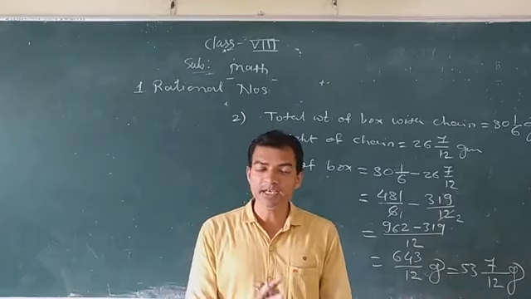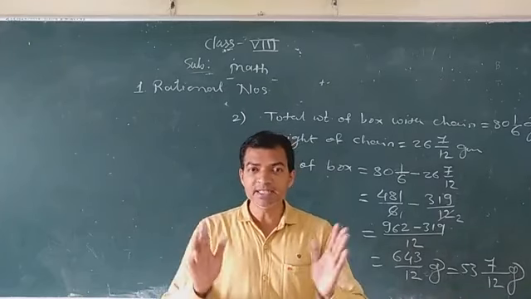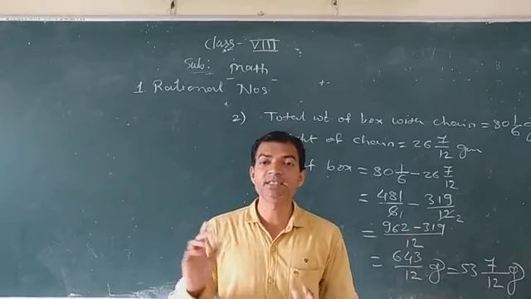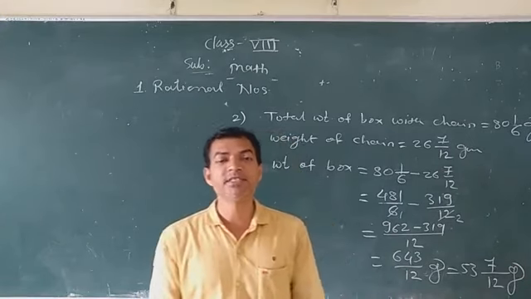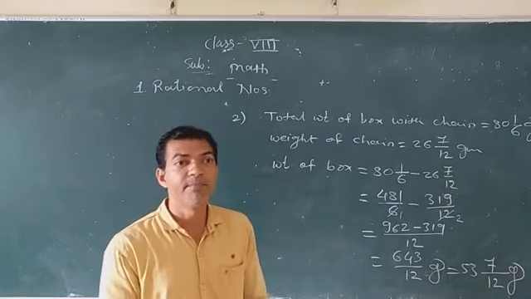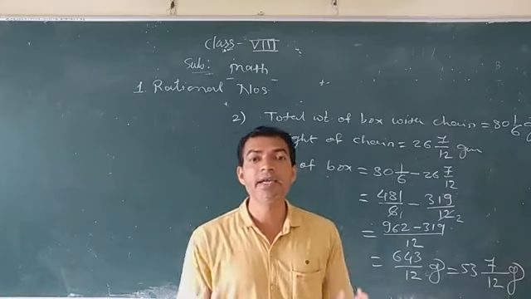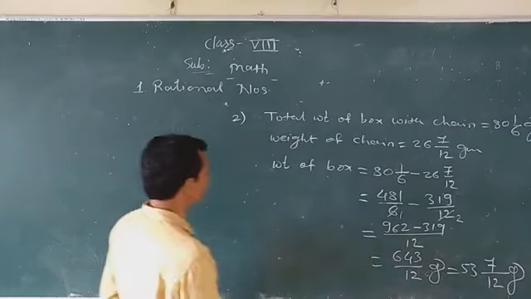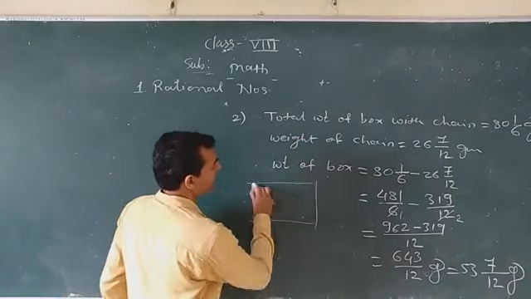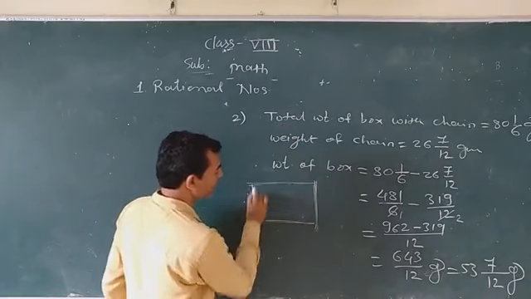Okay, so area of carpet, length and breadth is given there. Means what is the shape of that? If length and breadth is given, means what is the shape? The shape is rectangular shape. Means you have to find the area of rectangle. Area of rectangle. Suppose this is the carpet. Okay, length and breadth. This is the corridor.